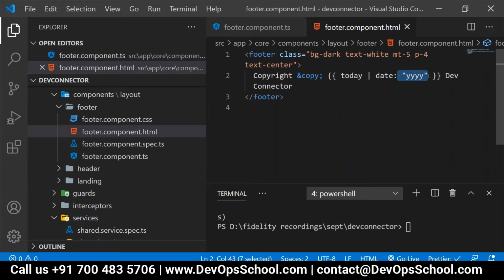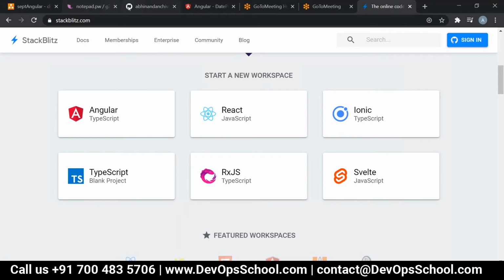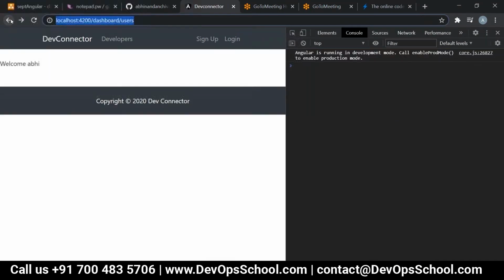Now, if we provide yy hyphen mm hyphen dd, have a look. It will show you the date in that format. People, have a look over here.